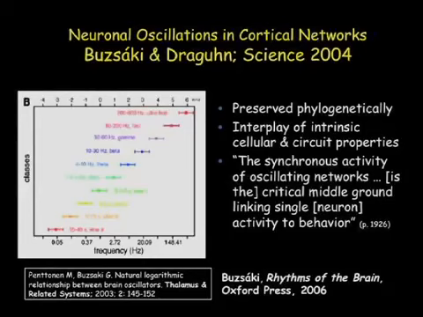And so that gave them a kind of rule that they could use to define even lower frequencies. And so they don't have names for those, so they became called slow 1, slow 2, slow 3, slow 4. And slow 4 is where we've been focusing, where we saw those fluctuations of reaction time. And slow 4 is also of interest because it turns out to be the rate at which our brains are